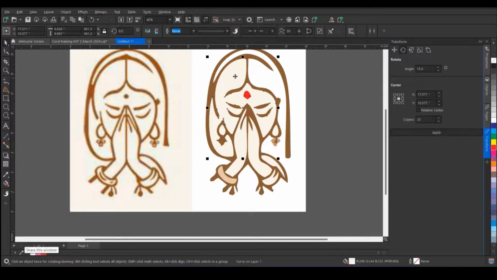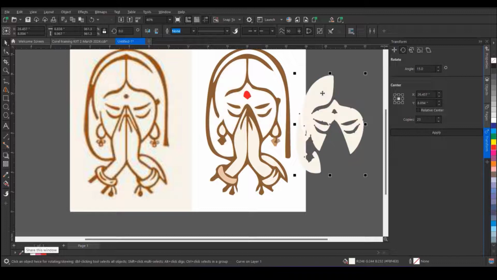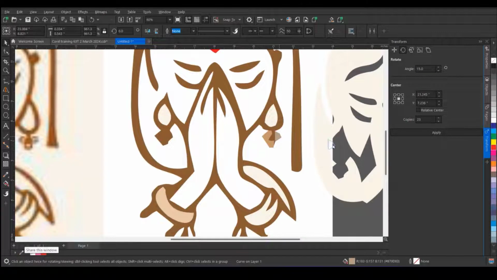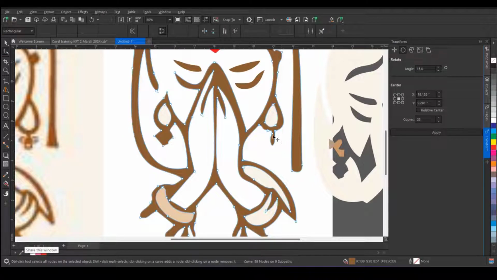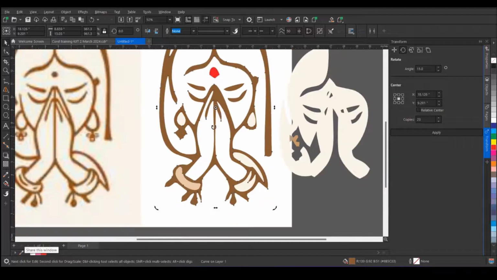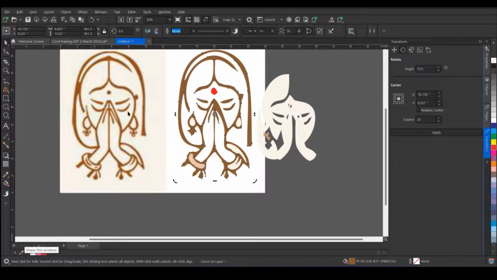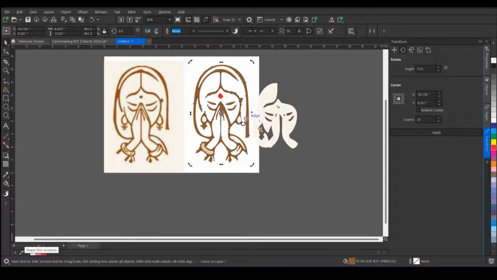If you don't want this skin color, you can easily remove that because it is a vector. If you want to remove something, you can easily remove that part. So in this way, you can easily convert your bitmap to vector. This is one method. Now for